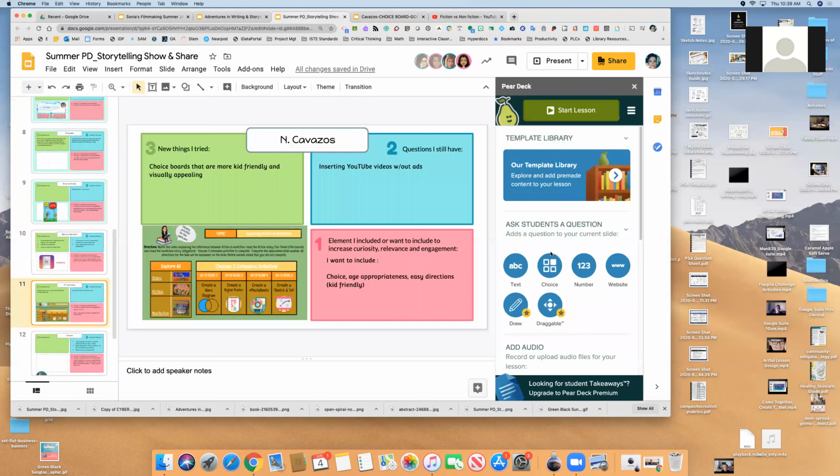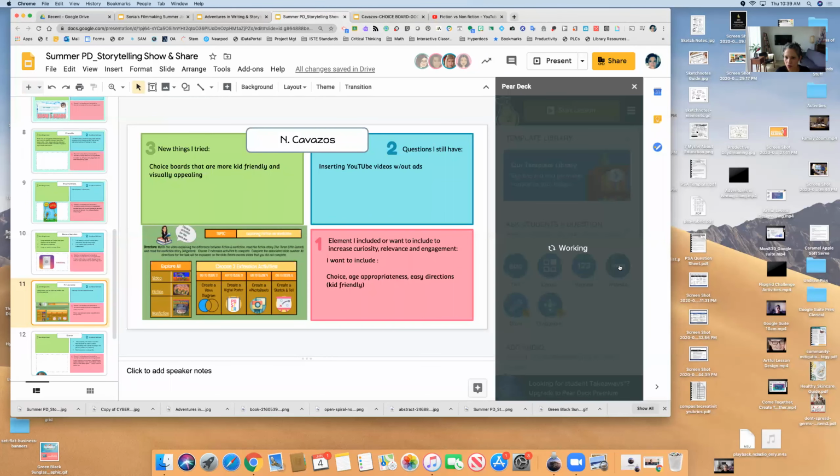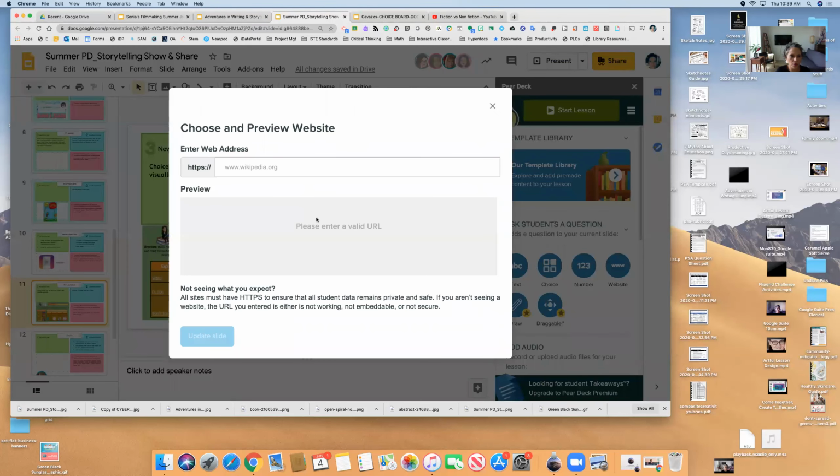But there's something fancy you've got to do, so let me show you real quick. When you go to www and you put that in here, you've got to erase all the way to the quotations, and then from these quotations on.